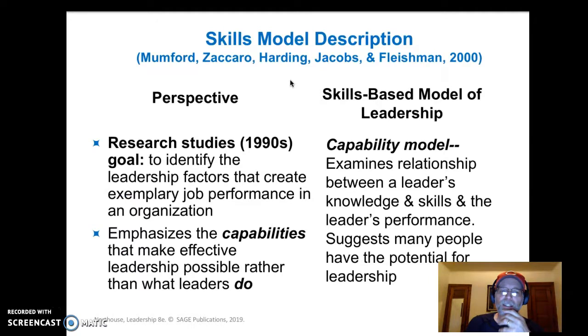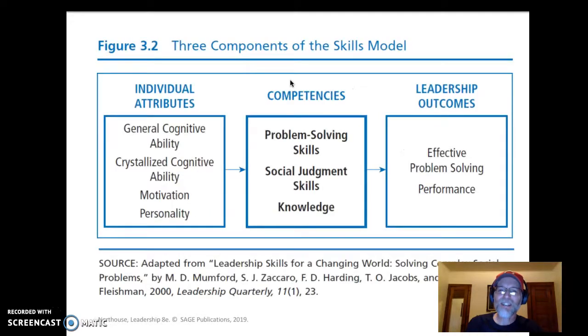They were looking at capabilities, not what a leader did, but the specific capabilities and skills that leaders had. And here's the model that they put it in, and they argue that leaders have 3 key skills: